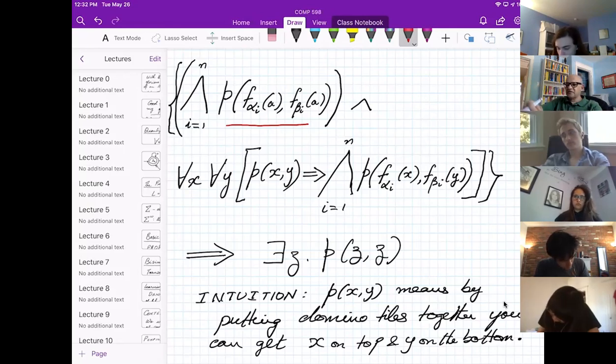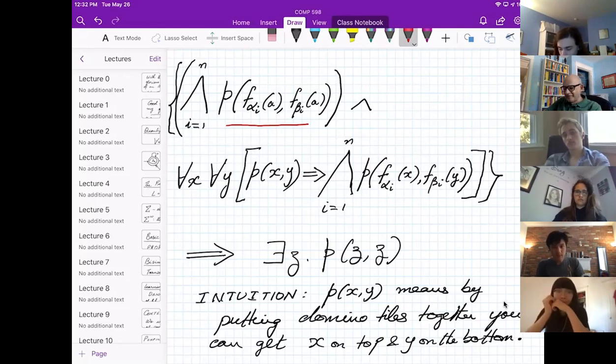And these are the rules of the PCP. You've got all these tiles. You can take anything that you want and stack them up however you want. And this whole thing just says that's the PCP that you're working with. What does it imply? There exists some way of getting Z on top and on the bottom. So the consequence of this is, yeah, I've got a match.